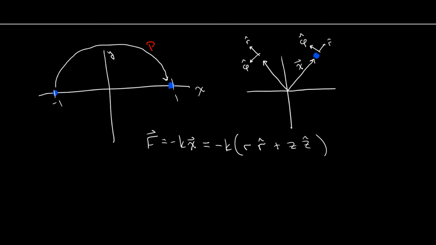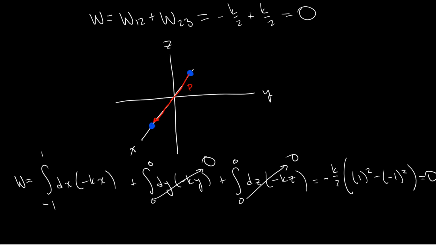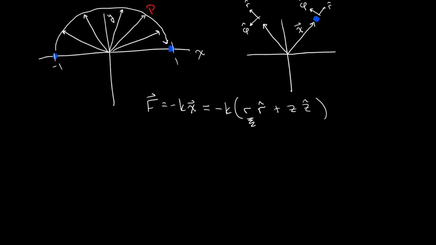Okay, so now I'm going to be a little bit sloppy with my argument. I'm not going to be super rigorous because the details can get kind of complicated. But what you'll see is that since I'm taking a circular arc, the distance I'm at in the radial direction throughout this entire path is never going to change. And so just like in the last example, where nothing ever changed in the y and z directions, I shouldn't expect any contribution from either r or z. Z because we're staying in the xy plane the entire time.